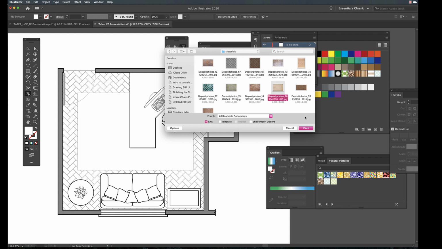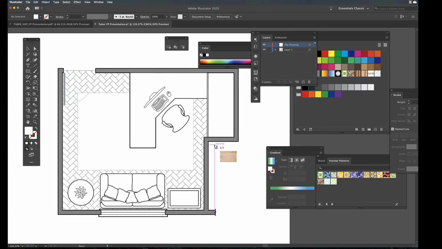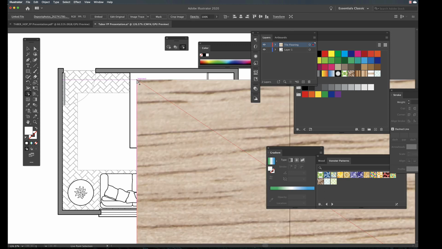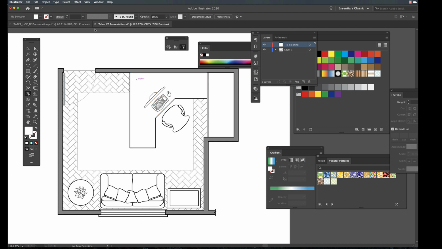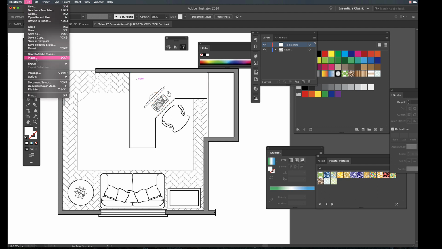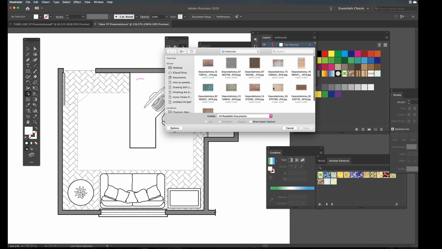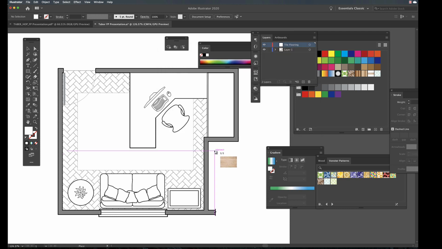Select it by highlighting it and then pick the Place button. Now don't just pick anywhere on the screen with your mouse like this. The file comes in much, much too large. Instead, go to the File pull-down menu, Place, select your icon, pick the Place button, pick with your mouse, hold the mouse button down, and drag it out until you have a sample that's about as big as the area